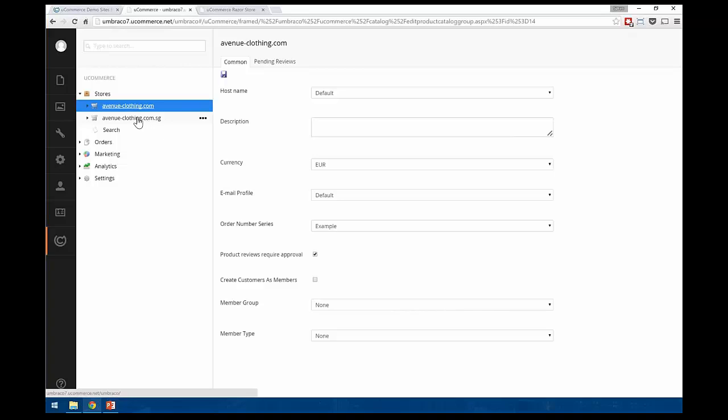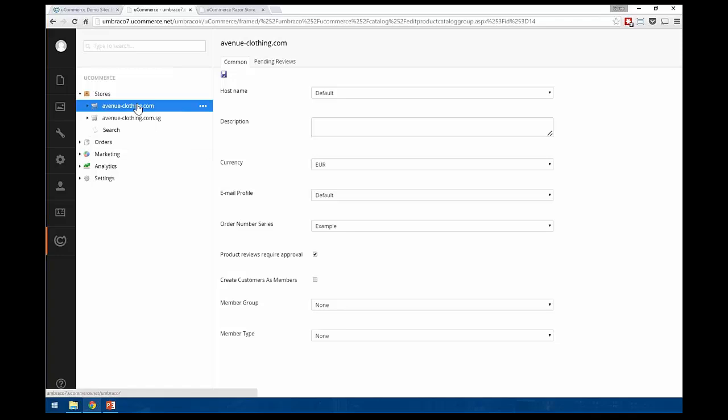So imagine a scenario where you're selling your items online, but the customer selects that she wants to pick up items in store. So go to the store, pick up items. What we can do is route orders placed in this one store here to another store, and thus give clerks in the particular physical brick and mortar store access to the orders that should be picked up at the counter in their particular store, but not all the other ones, of course. So just one way of using it.